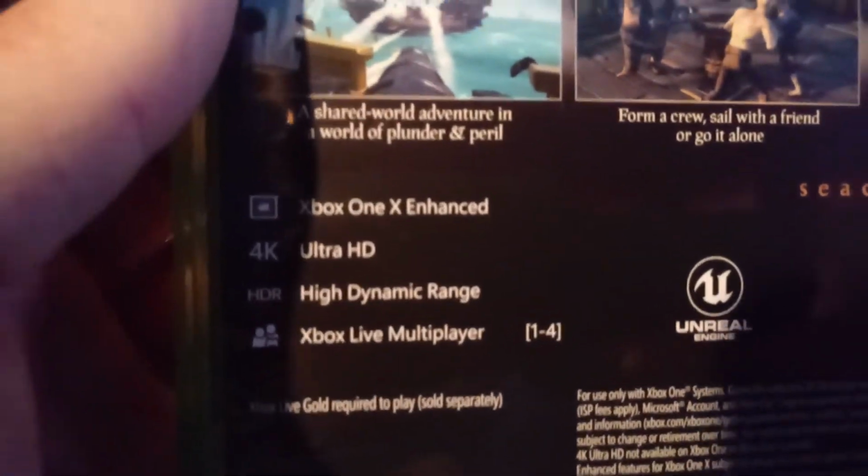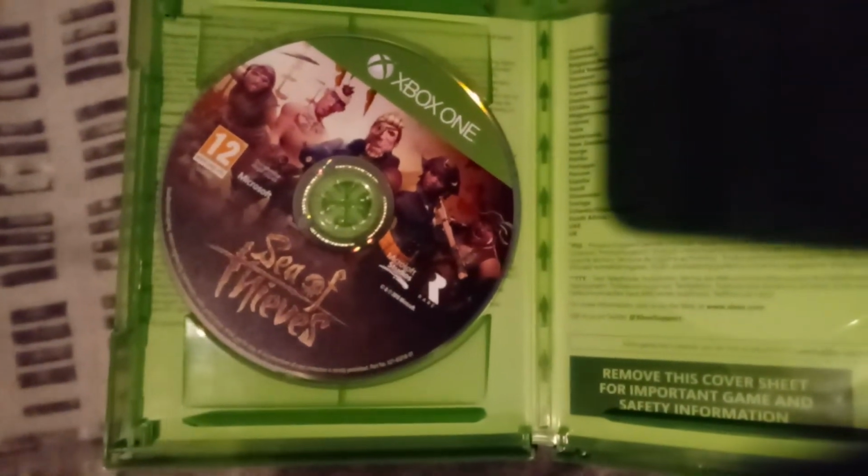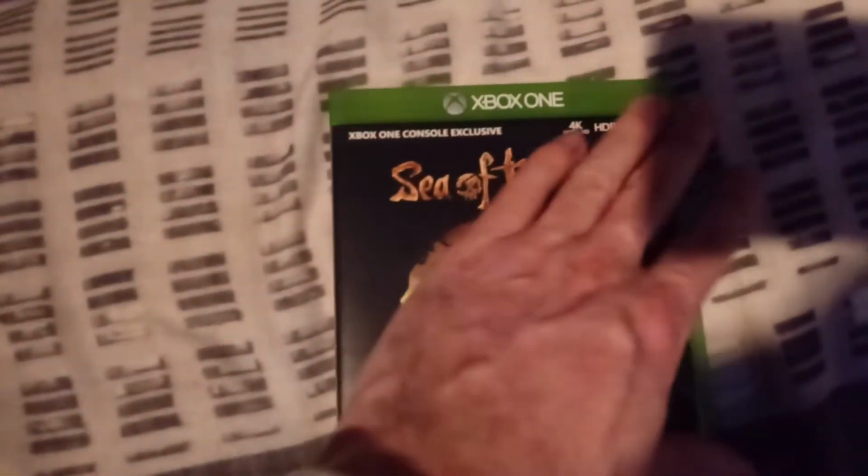Install size is only 20 gig. And it's going to look beautiful on the Xbox One X. I played the beta and it was great, really good. So inside we have just a disc. So yeah,